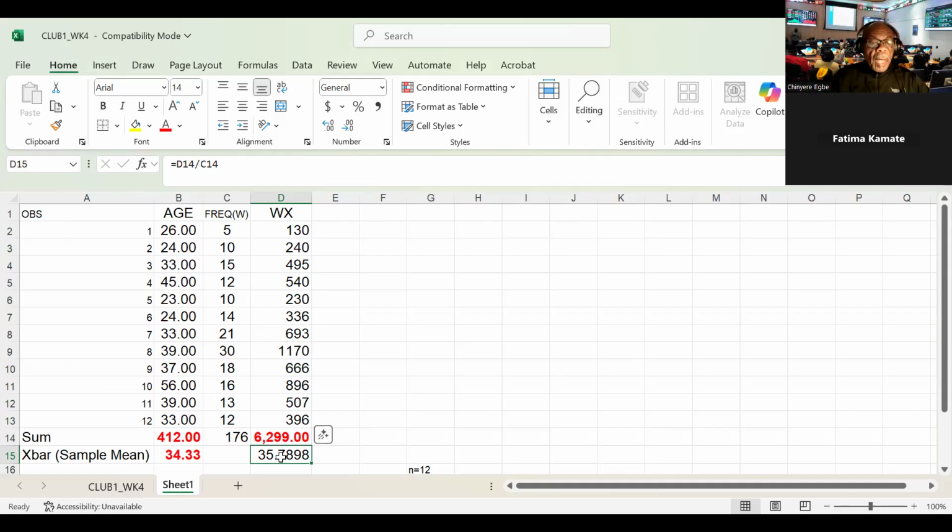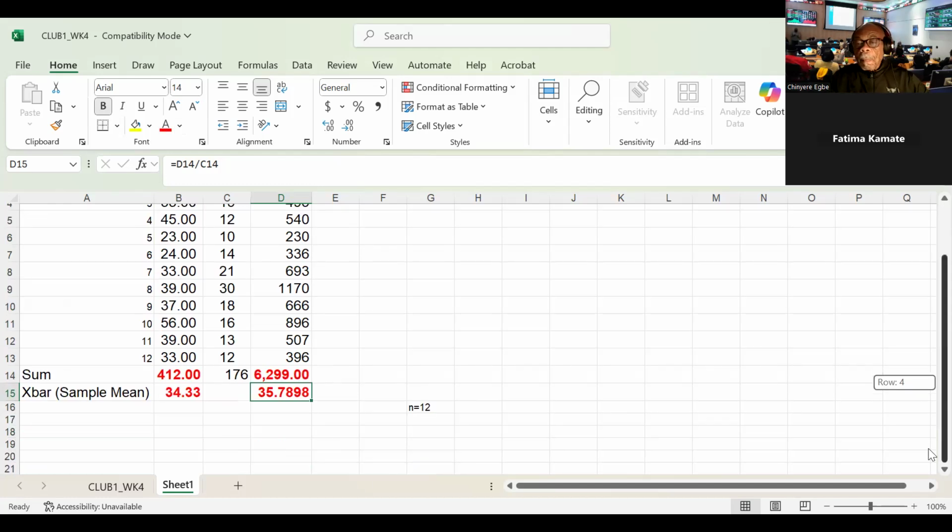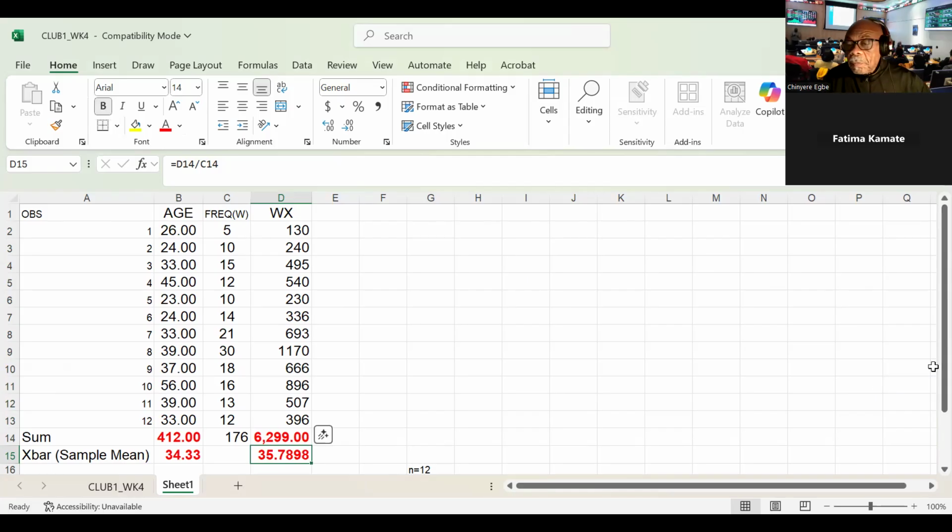So here we have now a new mean. Okay, we have now a different mean. Now, in the interest of time, I'm going to focus on this mean today, so that next time I'm going to go through the standard deviation so that I can illustrate it also using SPSS. Or maybe I can, I don't think I'll be able to do it and do justice to it. So I'm just going to focus on how to calculate the mean using SPSS, okay?